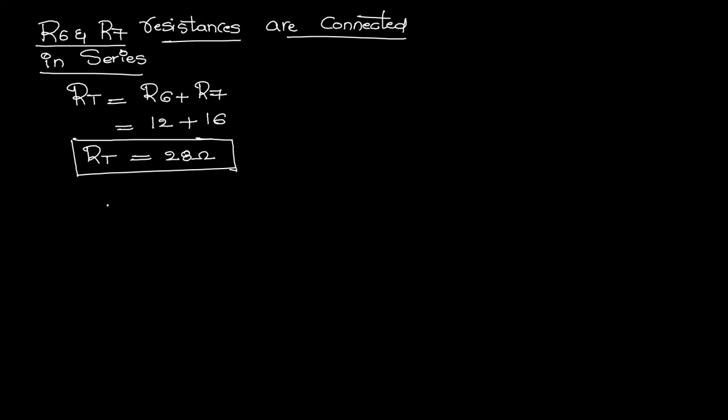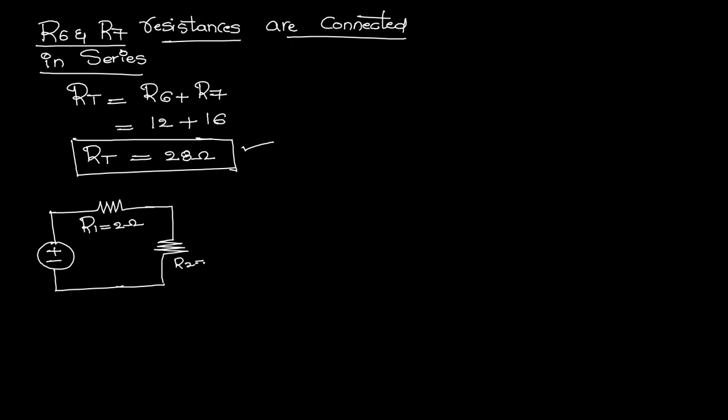Okay, now what I am doing, instead of the R6 and R7, now I am going to replace this value. Now see here, again I am redrawing this particular circuit like this. Now see, this one R1 is equal to 2 ohms, and this is R2, so R2 is equal to 4 ohms, and coming to this one, R3 and R4 both are connected in